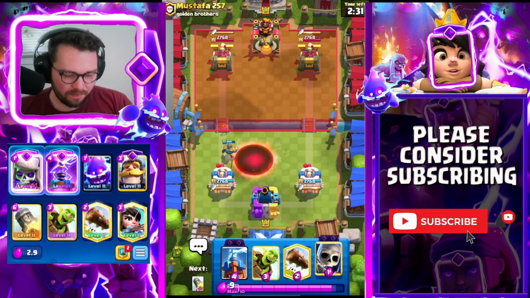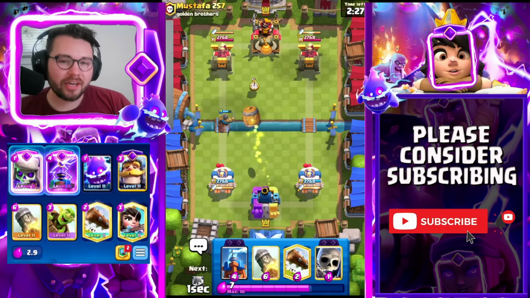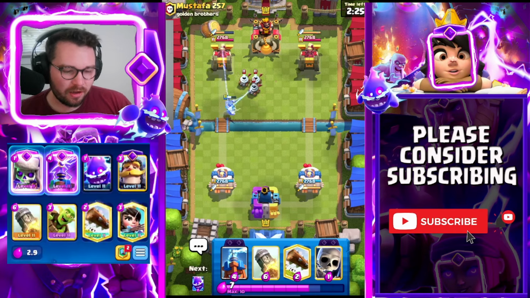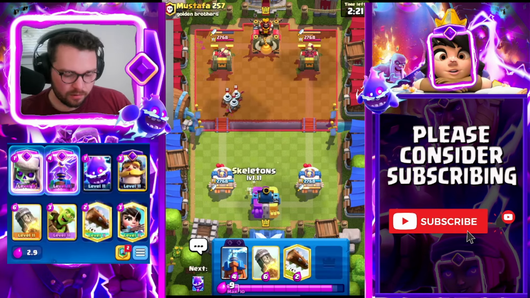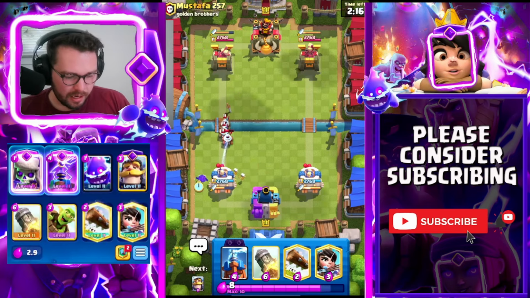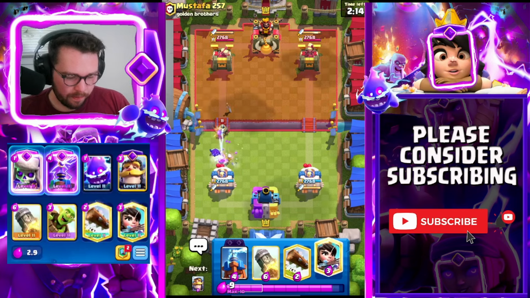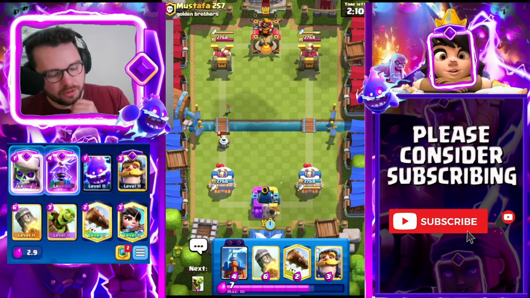Ah, interesting void. Very interesting void. I'm going to ride away barrel in the back. I just get the vibes that this dude would miss a log. Arrows, so it doesn't really matter, does it? Skeletons and E-Spirit here for these zappies. Dagger Duchess should take care of it as well. I'm just going to princess in the back. I mean, I could do it at the bridge, but